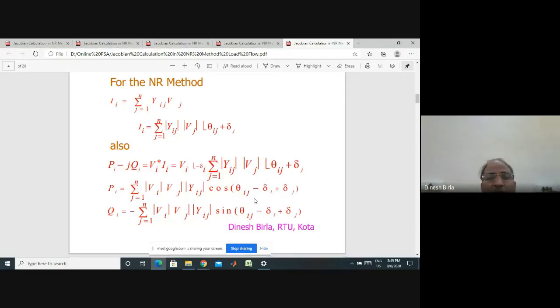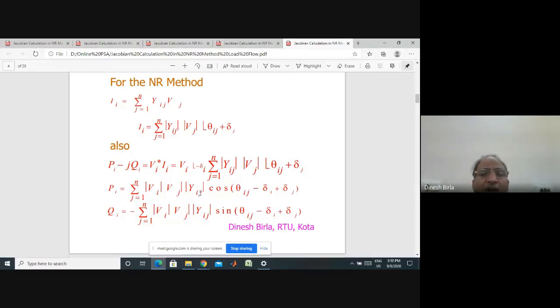And this minus sign will make a change here, because cos of minus theta is equal to cos of theta. So accordingly, we will have theta ij minus delta i plus delta j here. I hope it is clear how you obtained the real and imaginary parts of Pi and Qi from Vi star Ii,